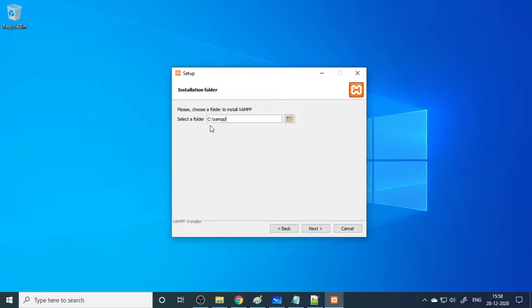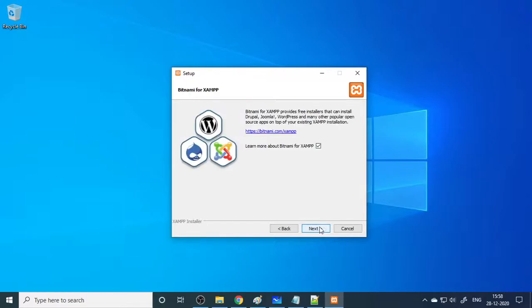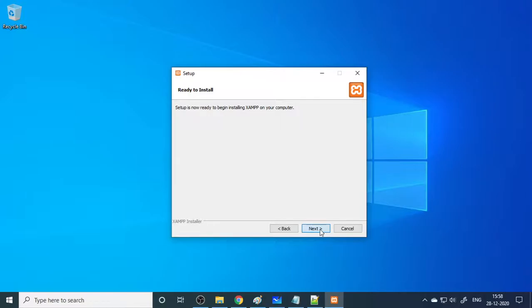Now we'll run this. Where do you want to install? The C: XAMPP folder, or you can change the folder. Language English. Then go to the next step. Next.